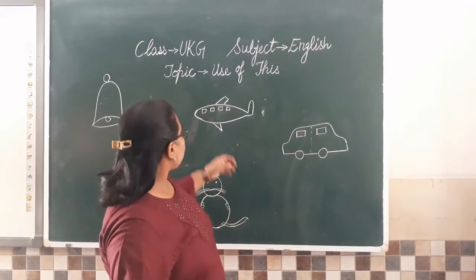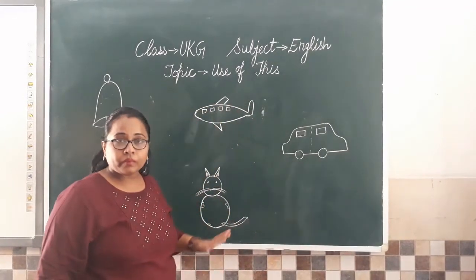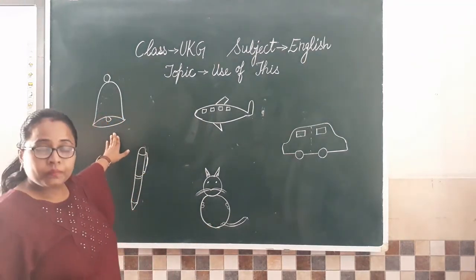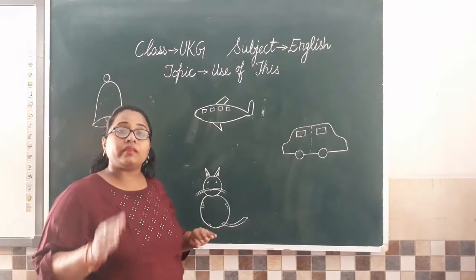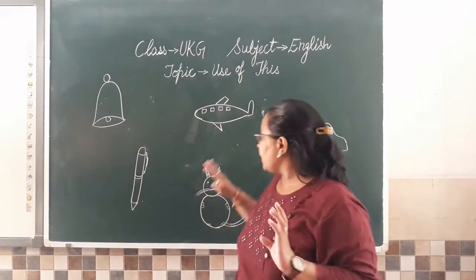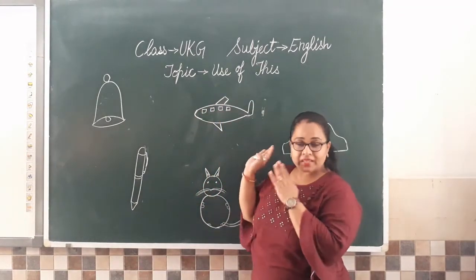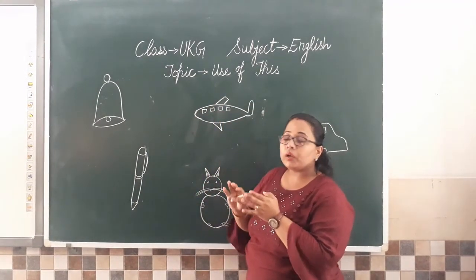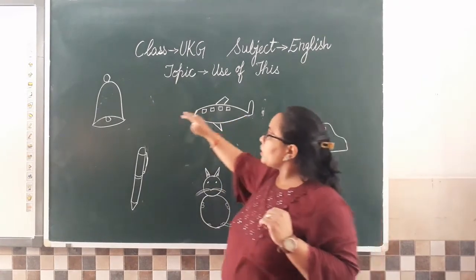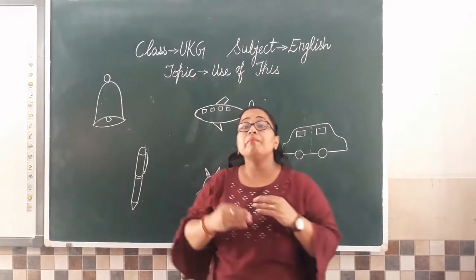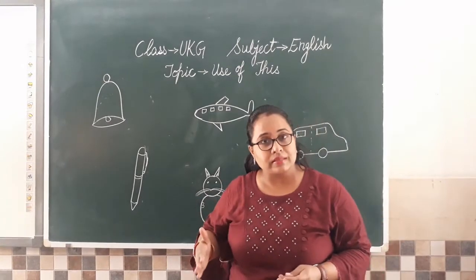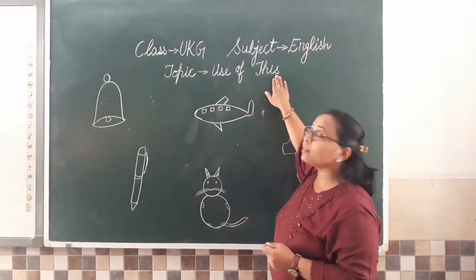Now these pictures, you all are very much familiar with them, isn't it? So what you are going to do, you are going to identify the picture and we will make a sentence using this. Because the blackboard is near to me, I am standing near to these objects. So what we will do, we will write the sentences using this today. So can you tell me what is this? See, when Ma'am is asking you a question, Ma'am is also saying what is this? So we are using the word this.